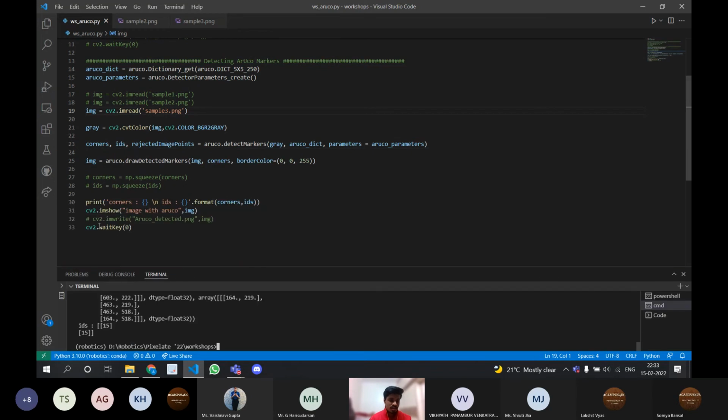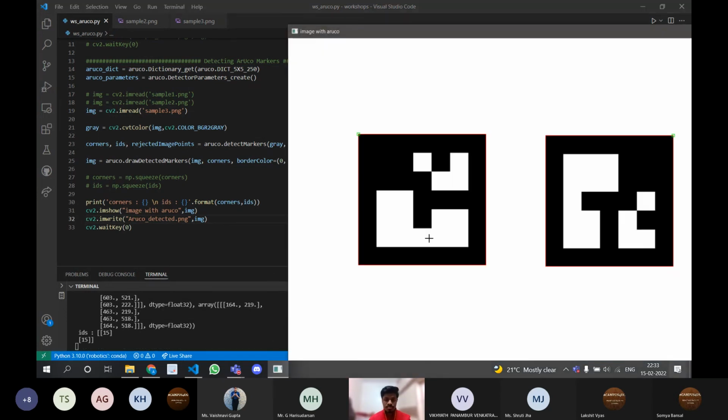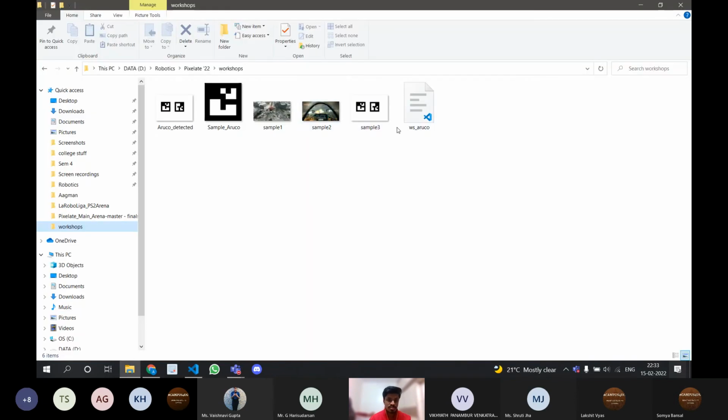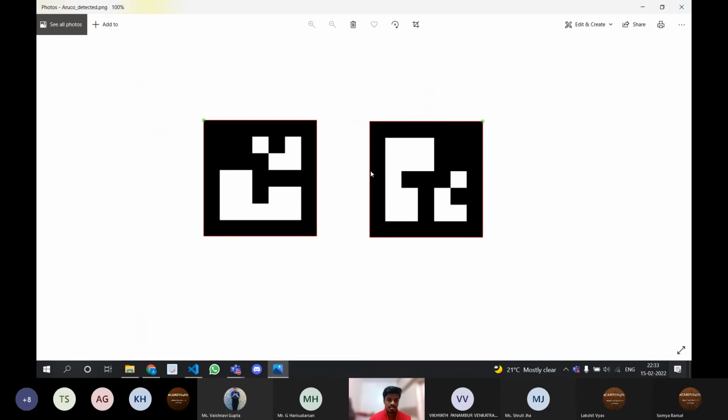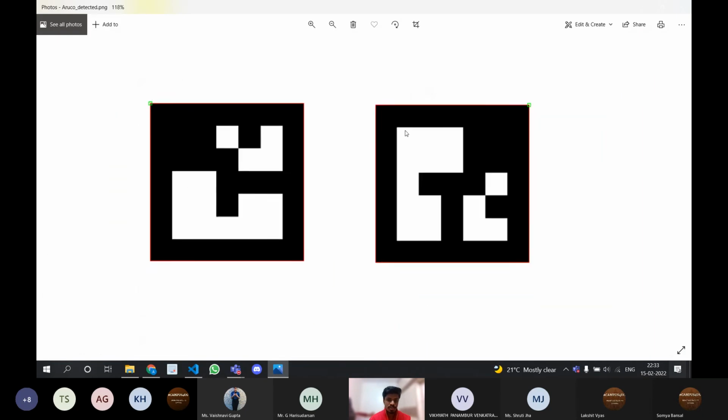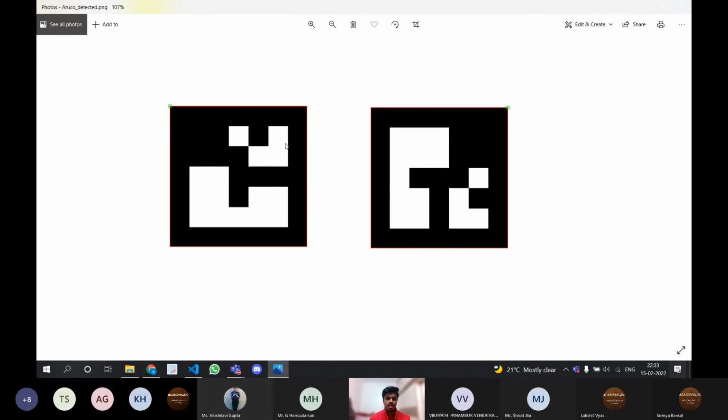So what I'll do now is just save this rotated image using the simple imwrite function. And you can see that the Aruco is detected; this is the same image. After detecting the Arucos, the image has been saved. Now I'll quickly brief you on how to get useful information out of these. So